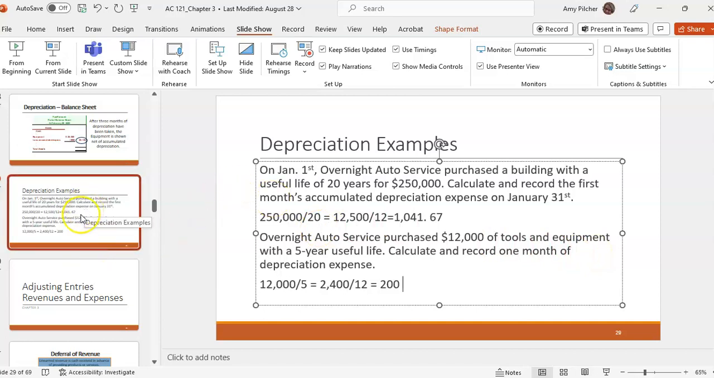In the next video, we're going to go back to our discussion of adjusting entries, which depreciation is one of the adjusting